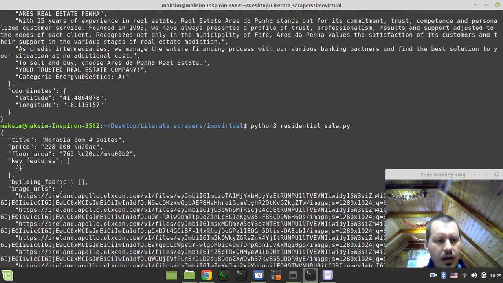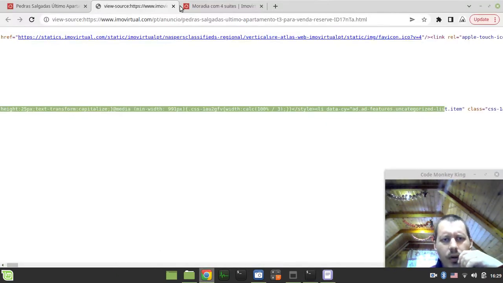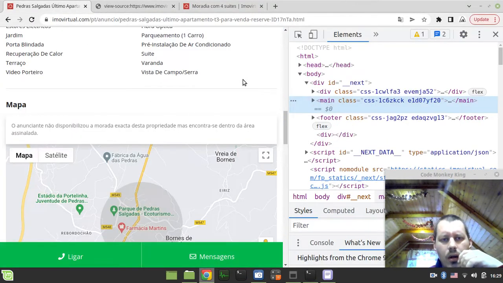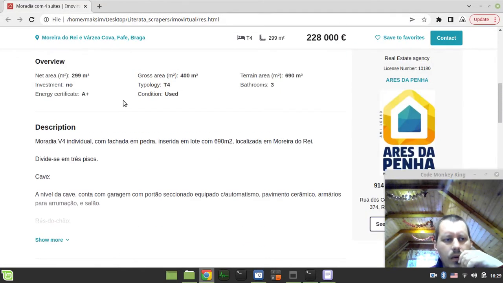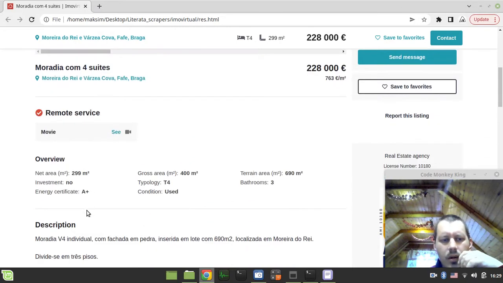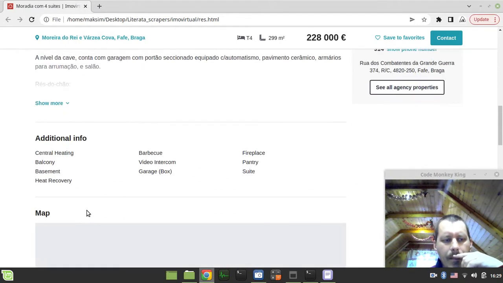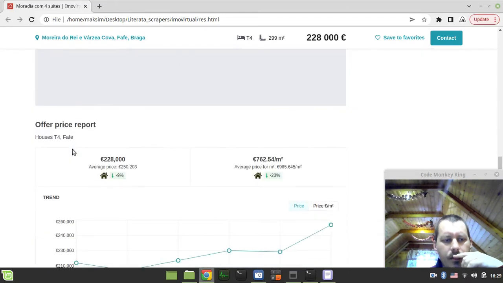the very last then is the key features. And I'm not really sure what I meant by the built-in fabric. I could have meant some additional space, like, for instance, yeah, this one is translated, I believe, or is it? Like additional info, for instance.